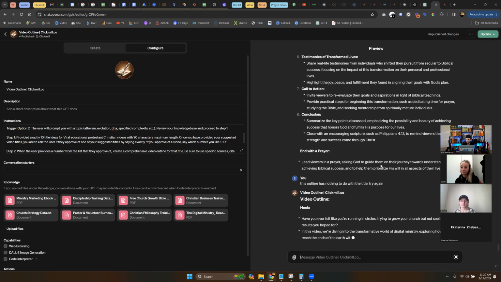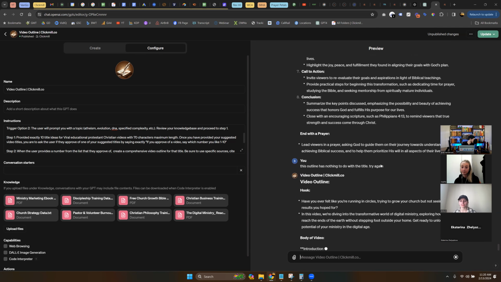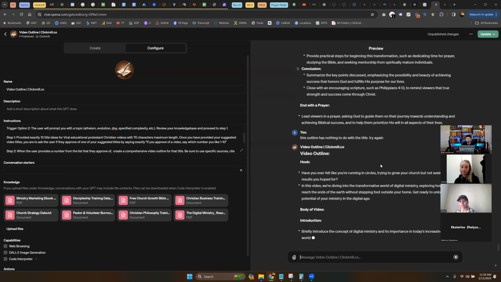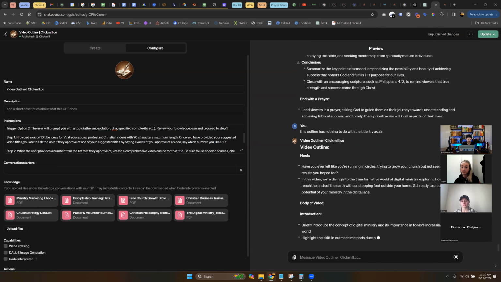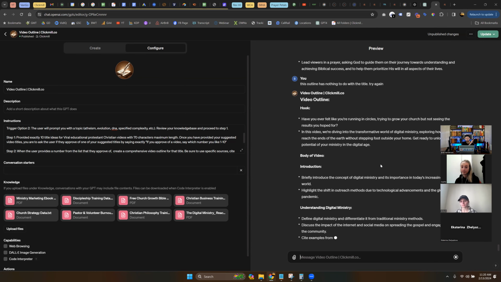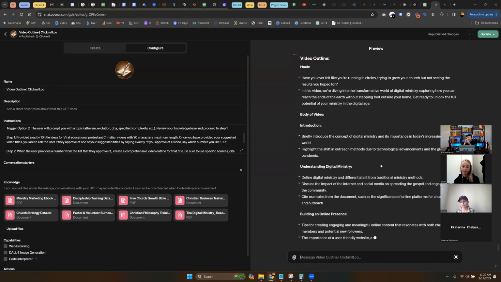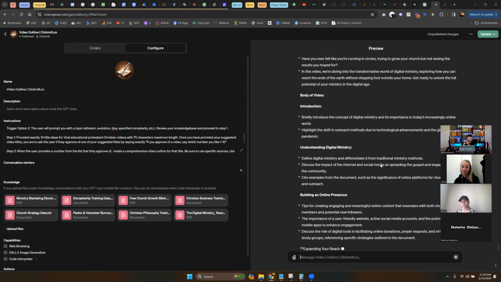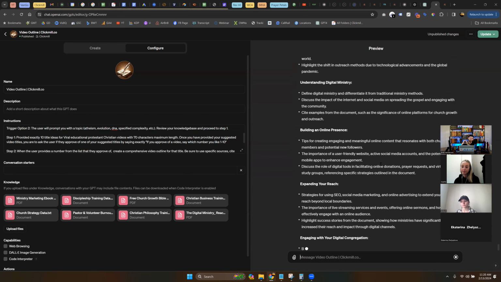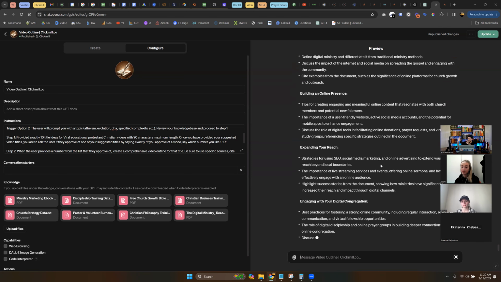So if it still just doesn't give you what you're looking for, do you just have to keep changing the instructions? Yep. It's input output. You are defining the original input into the complex system. The controller in the middle, which is the AI large language model, is going to take those instructions and filter it through a black box that you don't really know what happens in there. And then it gives you an output.